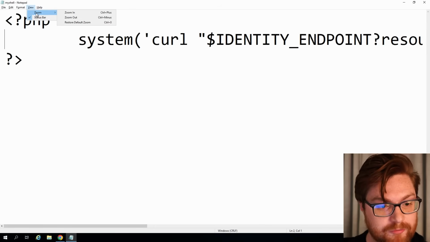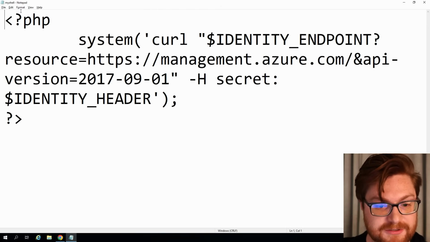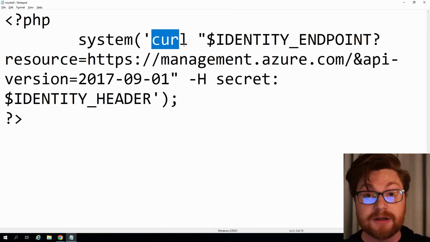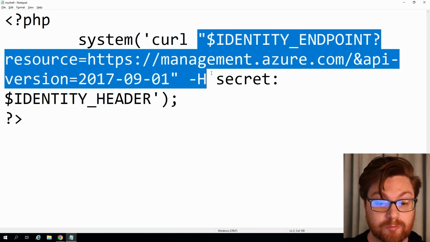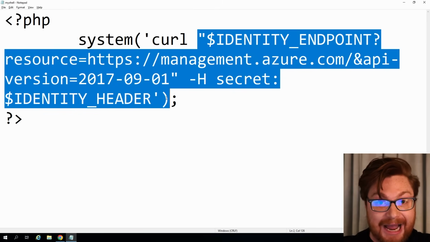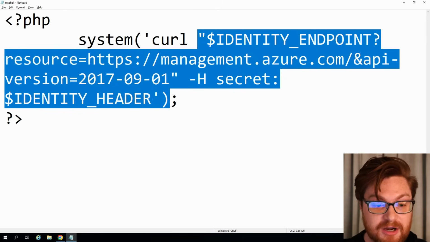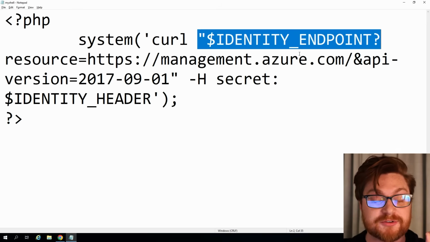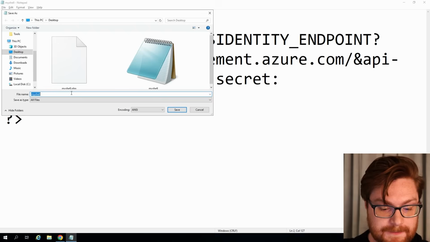If I turn word wrap on, is that a thing? Yeah, okay, thank you, Notepad. We're simply running the command to use curl internally on that Azure hosted website to go reach the management endpoints for Azure as a cloud service with the identity header and all the internal environment variables that we just pulled. Let me save this as another file. We'll call this like